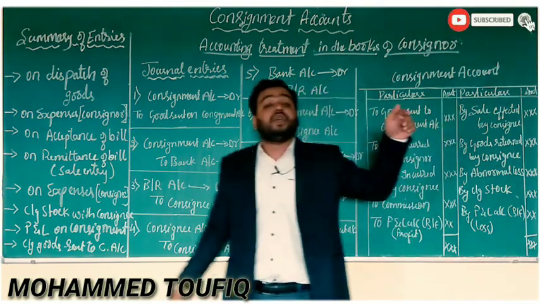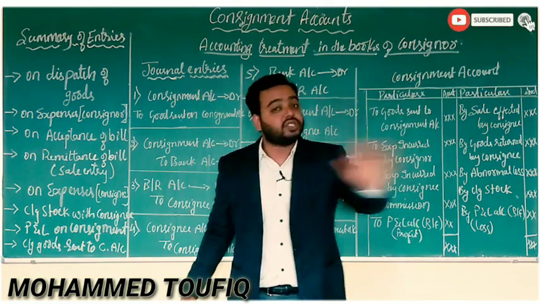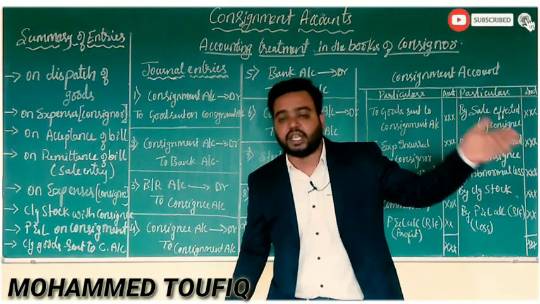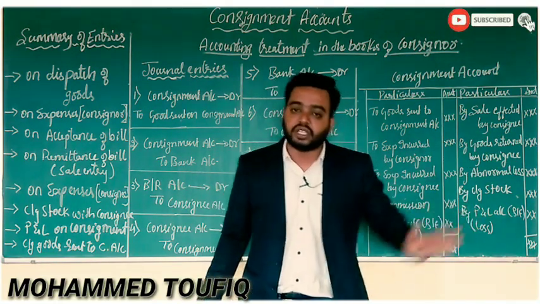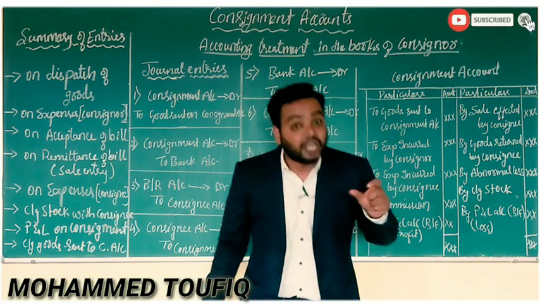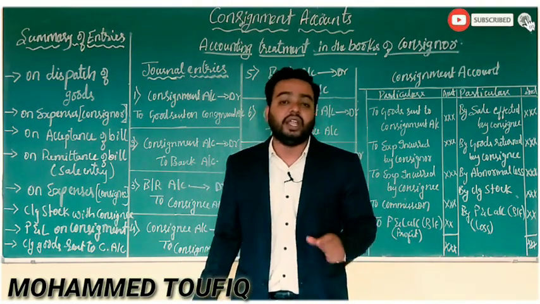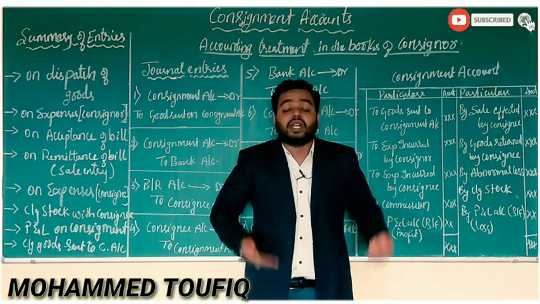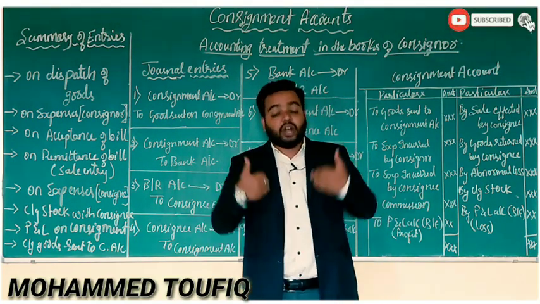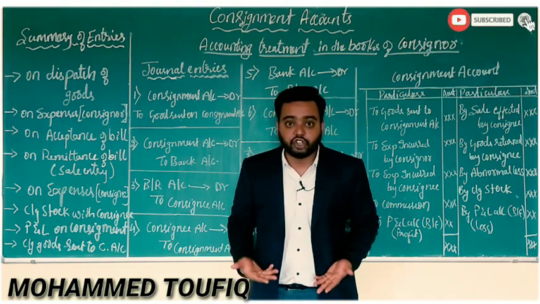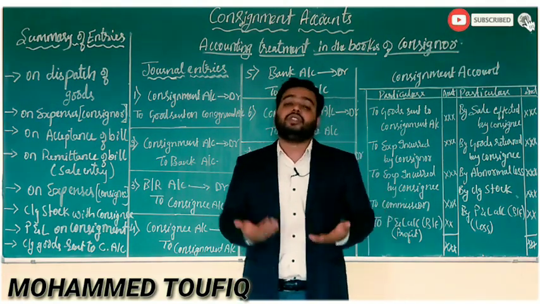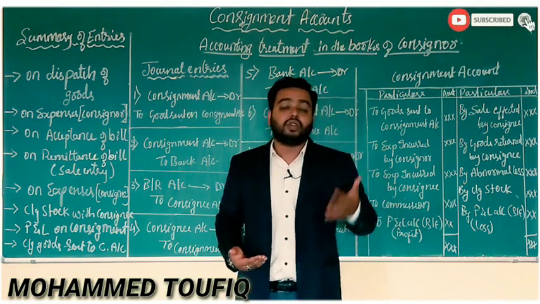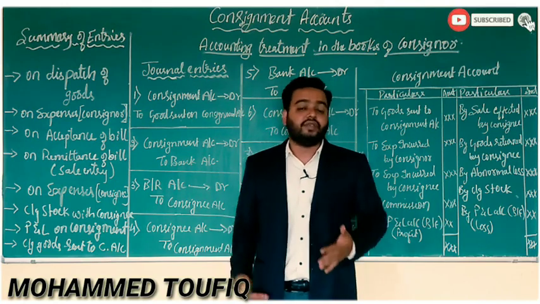After this, if he is able to sell all the goods, then well, no worries. If he is not able to, say only 80% of goods is sold by the consignee and the remaining 20% is with him itself, then what do we have to do? For that you have to prepare another entry, that is the closing stock entry. Then on this particular consignment, if I got a profit, then the profit entry should be prepared. If I got a loss, then that loss entry should be prepared. In the last, for closing the goods sent on consignment, that entry we have to prepare.